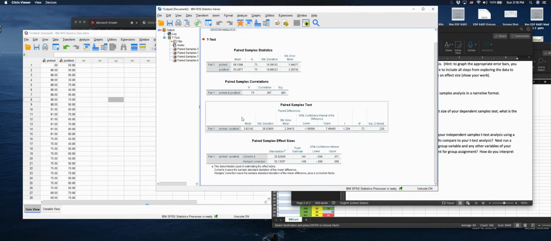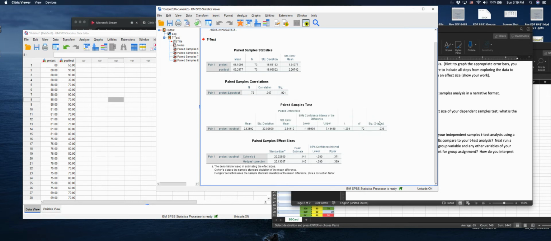Okay. You're also going to see a paired samples t-test table. The paired samples t-test table tells us the mean, 2.82192. It tells us the standard deviation, 20.02800, for this pair, because remember, these are the descriptive statistics for this pair. We have a standard error mean of 2.34. I have a confidence interval range with a lower bound of -1.8 and an upper bound of 7.4. I have my t-score of 1.204. I have my degrees of freedom, which is the number minus 1, at 72. And then I have my Sig. two-tailed, which is